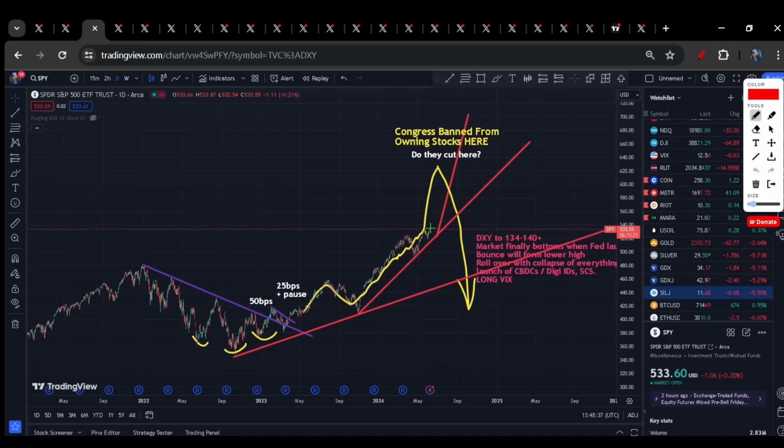The same for the S&P 500 and the stock market. If we see some trendline breakdowns from here, then something else is going on. But all the while that we are not breaking down, all the while we continue to look to accelerate to the upside, then I continue to accept this as what is indeed in play at the moment.